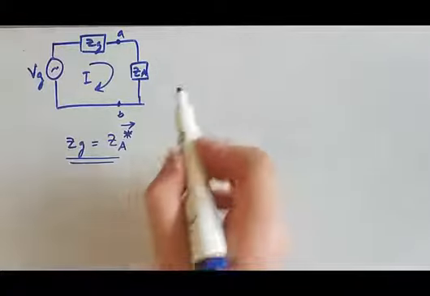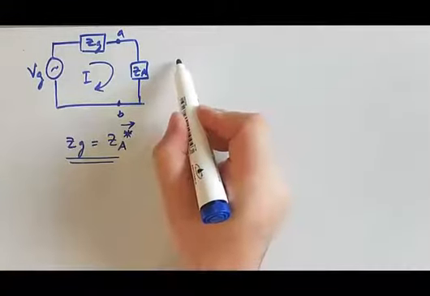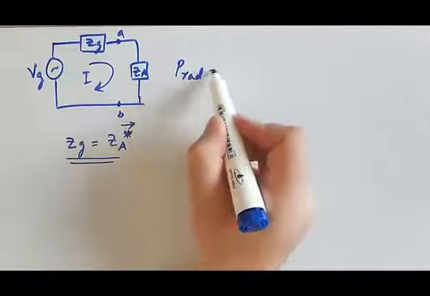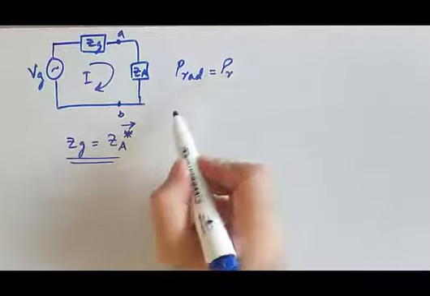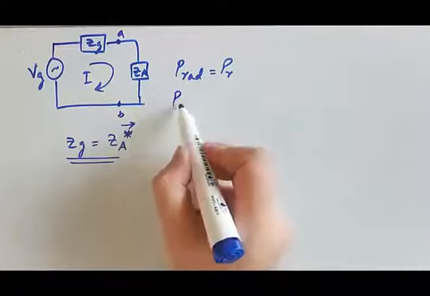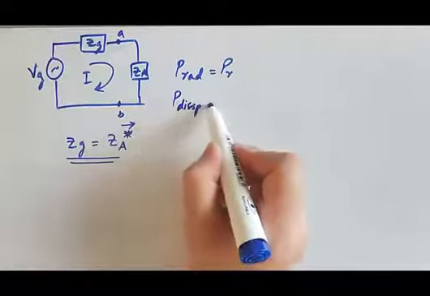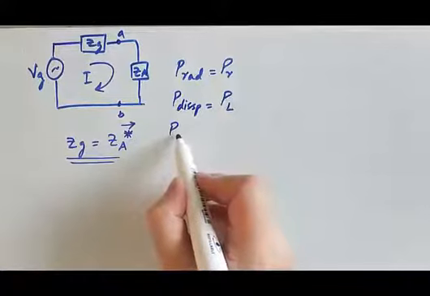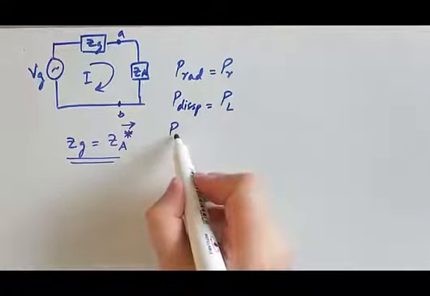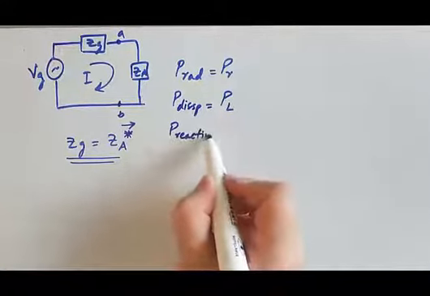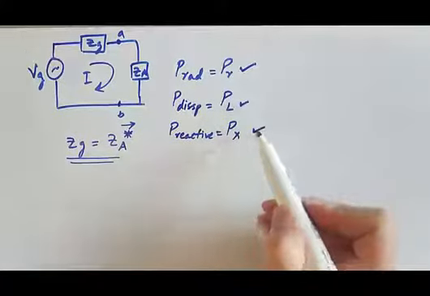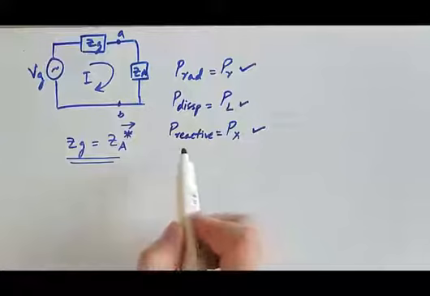While finding the different powers, we found 3 different powers. One was P radiated, which we considered as PR, then we found the P dissipated, which was denoted as PL, and then we found the equation for the energy stored, the reactive power stored in the near field of the antenna, and we denoted it as Px. So we found the equations for these 3 powers, and now we are going towards